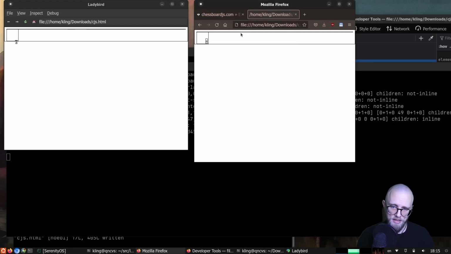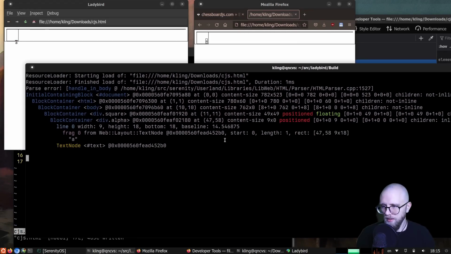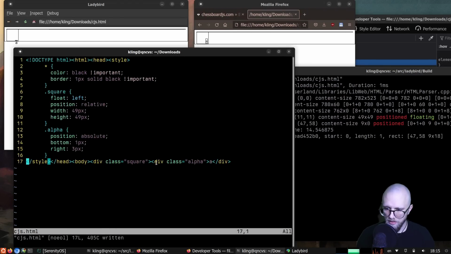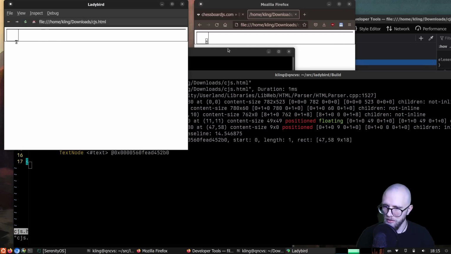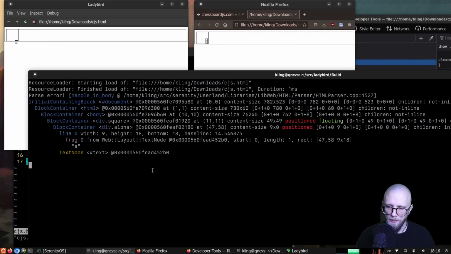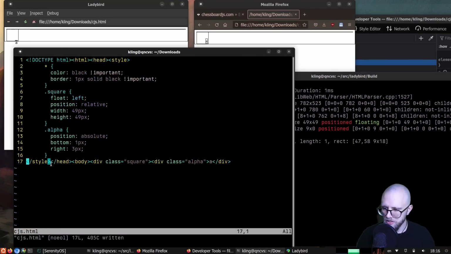Otherwise, you'll get an incorrect layout. But when you're making a test case, absolutely try to get rid of it if you can, because it just simplifies the test case. So what we have achieved now is a very reduced thing here, which illustrates our problem. The A is outside of the expected area. So if we look at the square, which is the outer one, also, by the way, I often like to rename these, like outer and inner or something like that, to make it very obvious what's what. Inner,